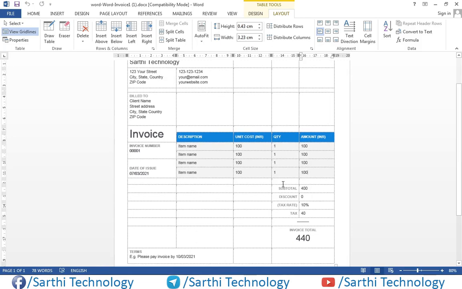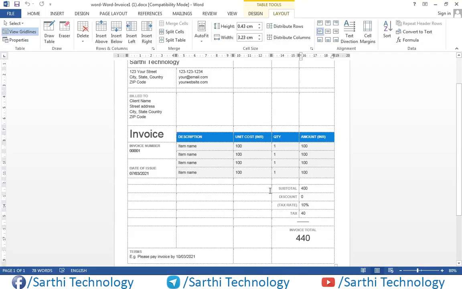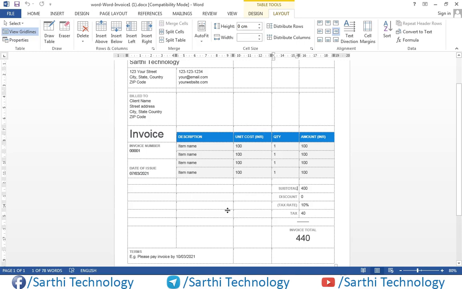Now the next row is blank, so we will leave this, and in row number 12 we have 1, 2, 3, 4. In the fourth cell we have this subtotal. Copy this, paste, and in the fifth, 400.